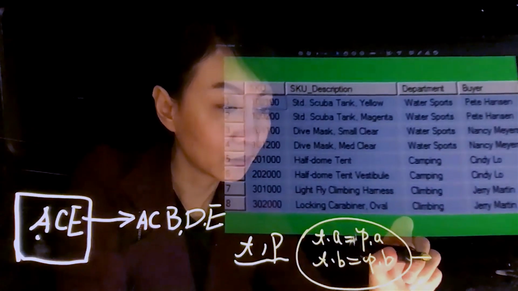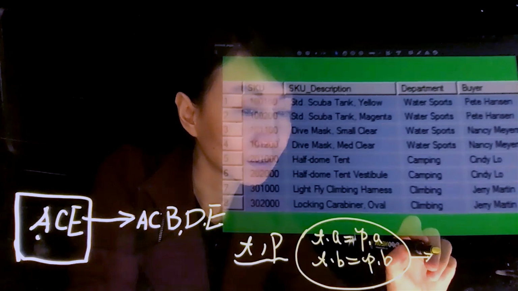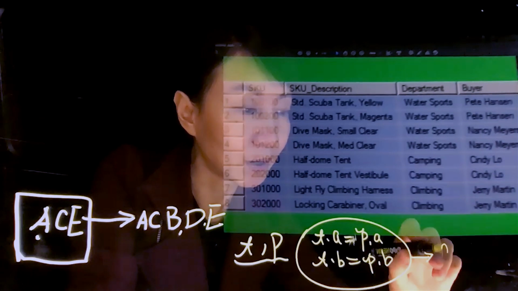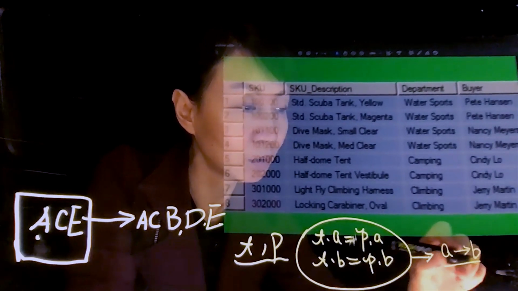Then we can specify that we have this functional dependence A to B.